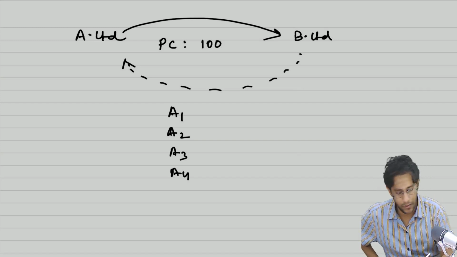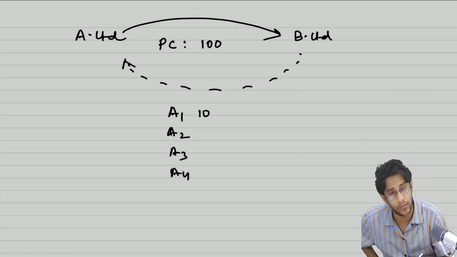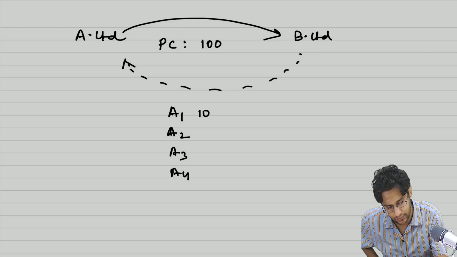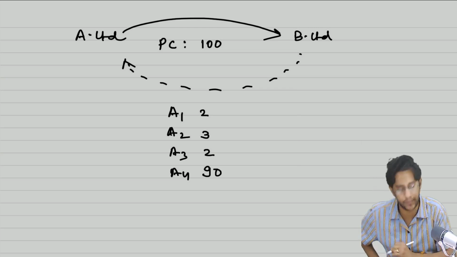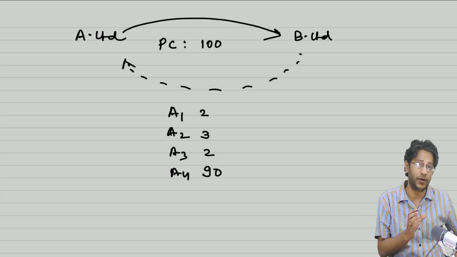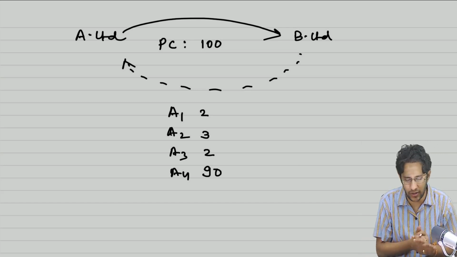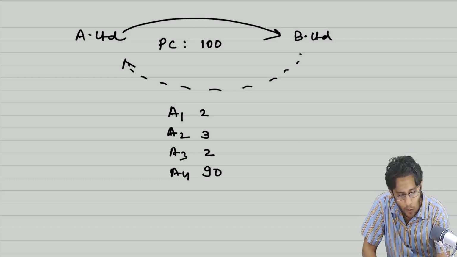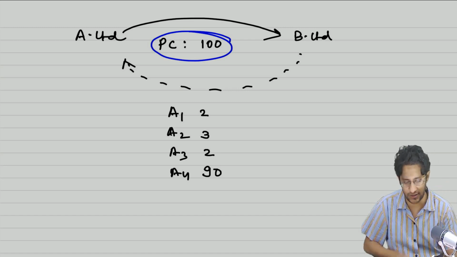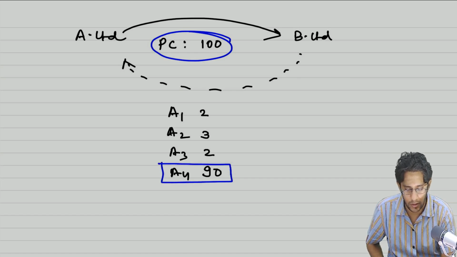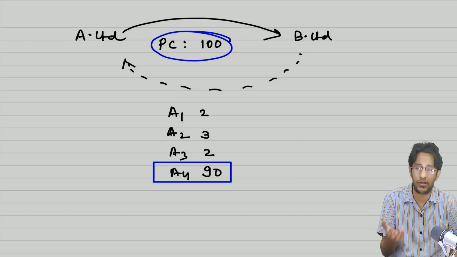Now, this A1 value is 10 rupees. A2 value is, okay, let's make it even smaller. 2 rupees, 3 rupees. This is 1 rupee, or else this is also 2 rupees. So that's how much? 5, 7. This is 10 rupees. Now, you paid 100 rupees and you acquired 4 assets. Maybe you might have acquired some processes also, but you observe closely. The entire PC that you are paying is predominantly concentrated into a single asset, which is A4. A4's fair value is 90, the PC that you are offering is 100.